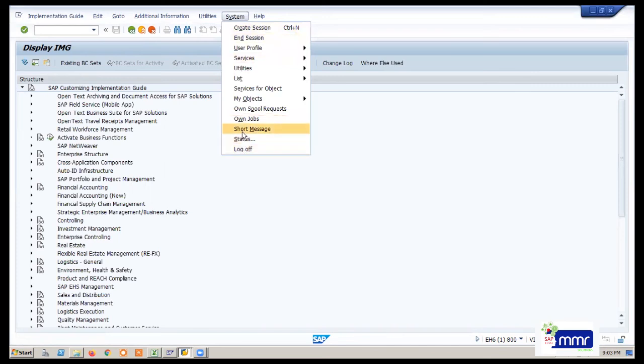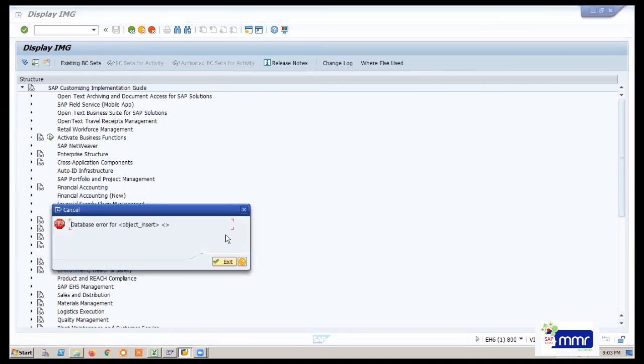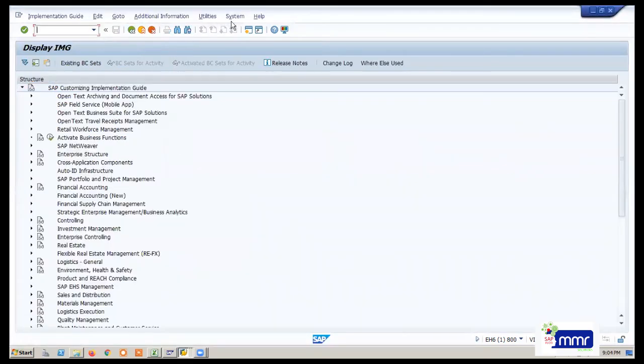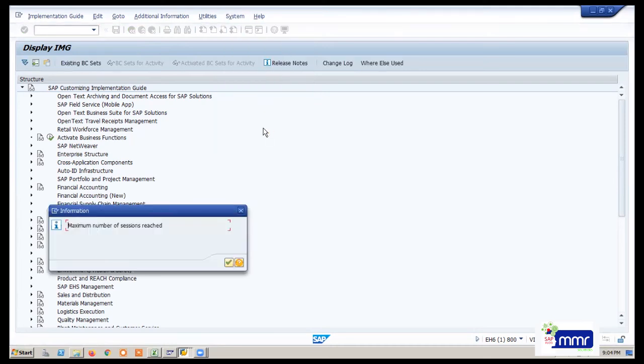Why is the short message not opening? Oh, it is already opened.